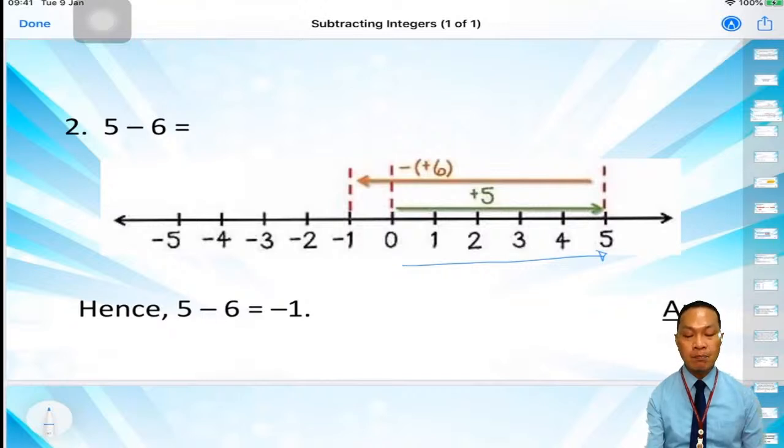Again, 6 is positive, so we have to move to the left, minus a positive 6, so the answer is negative 1. So again, 5 minus a positive 6 is equal to negative 1. Alright, that is using the number line. Next,